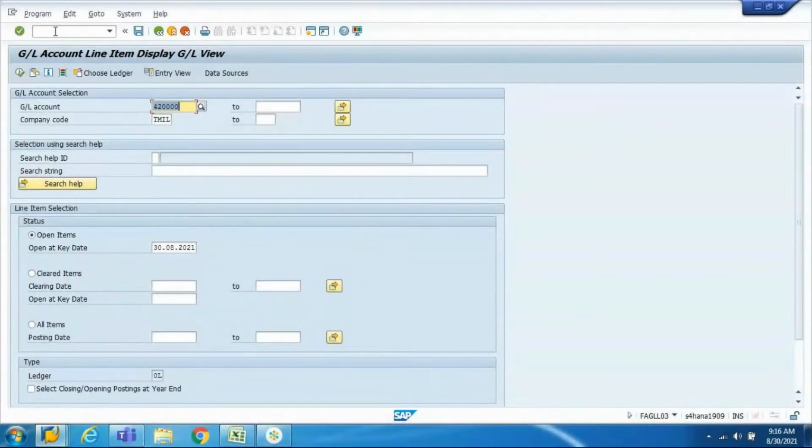But remember, strictly you are supposed to use FAGLL03 in HANA. SAP recommends not to use FBL3N in S4HANA, because FBL3N will not pull the data from certain tables. So whatever output you get from FBL3N may not be correct.